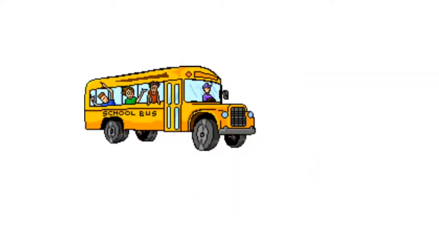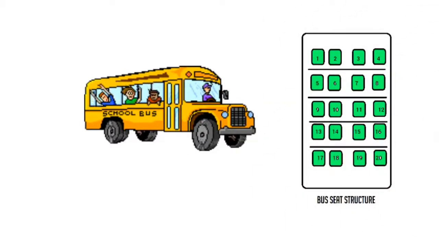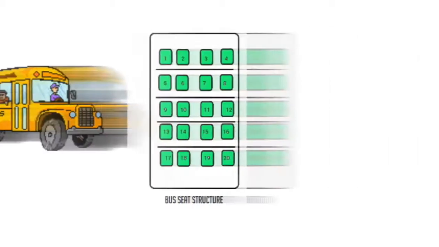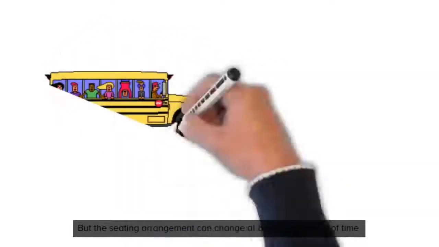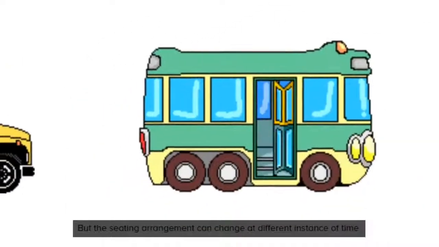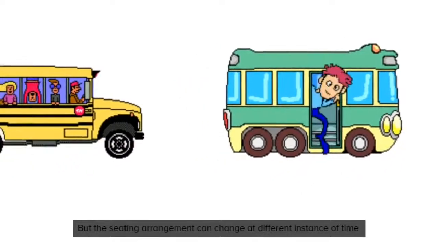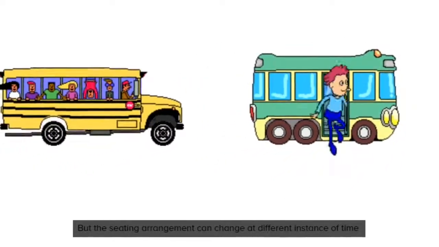Alright, so let's say we have a bus and there are a certain number of seats and a capacity of passengers that the bus can carry. This seat structure is the schema, that is, it does not change frequently, but the sitting arrangement of people might change at different instances of time. Let's say some person might get down from the bus, someone might go and change the seat for a window seat, etc. So this sitting arrangement at a particular instance of time represents an instance. I hope the basic concept is clear.